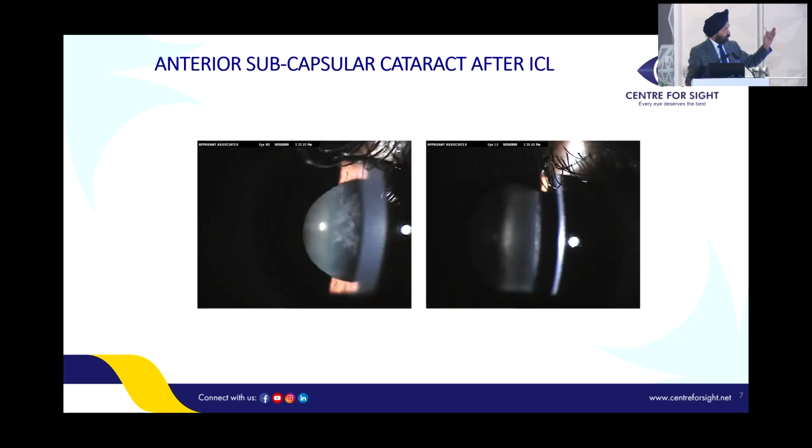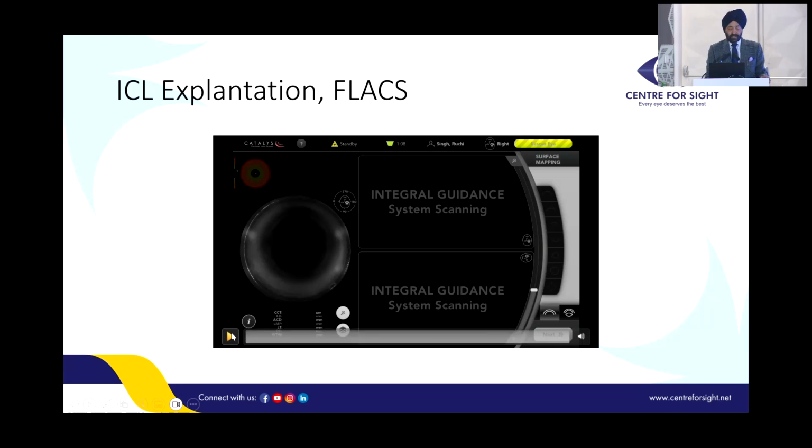Now, this is classically before we had the V4. The hole has another specific purpose: you can use it to aspirate out the viscoelastic, or to flow it out from the center. This is a typical cataract that develops very early if you leave behind viscoelastic just below the lens, because it's very difficult to go below the lens and aspirate it out. So you use the hole for pushing fluid so that the central portion is clear, or for aspirating. This is a case of cataract.